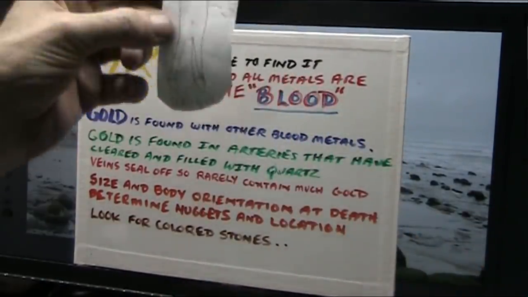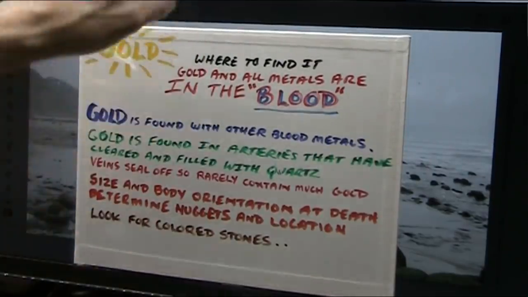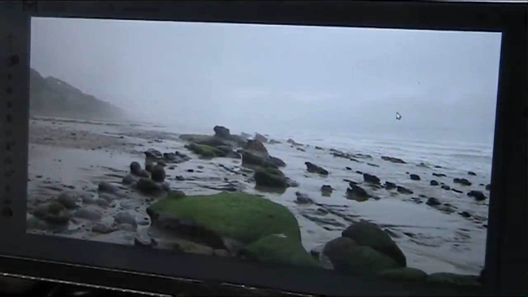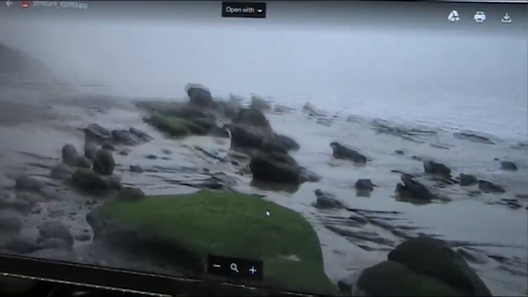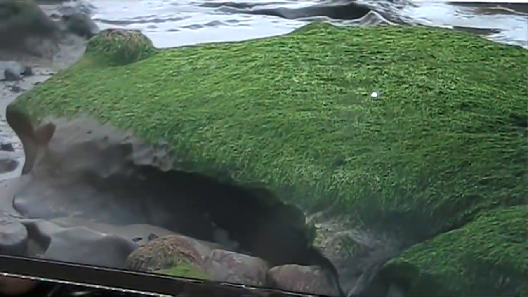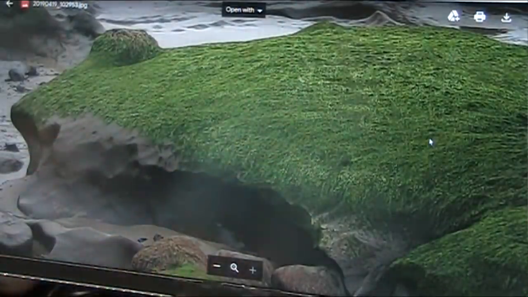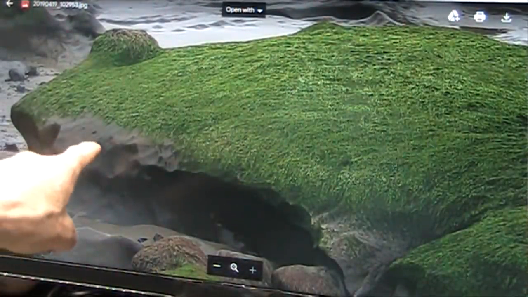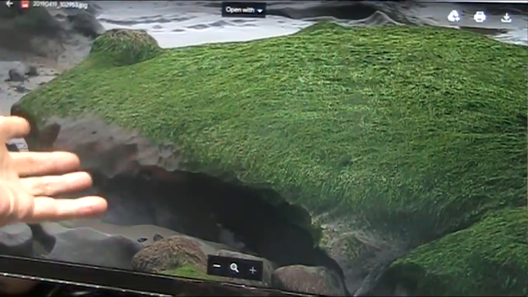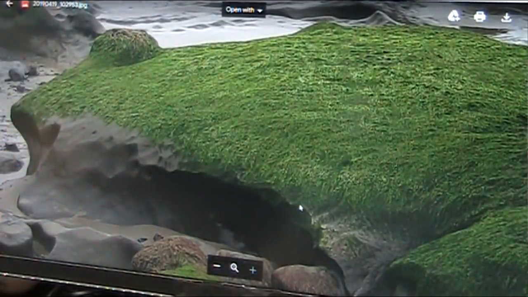All right, so look, I want to show you what Scott sent me. Now, I told you that the red blood, moss and lichen absolutely thrive on red blood. This is what we see here. This is red blood. That is a chunk of red blood. And you can see what it's doing. It's turning into mud, very fine mud.